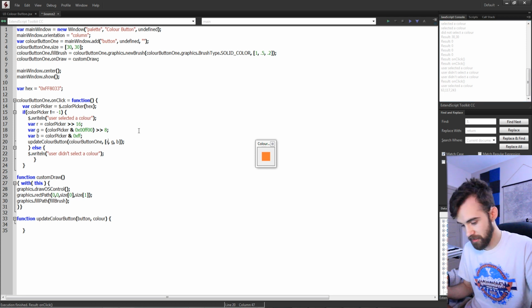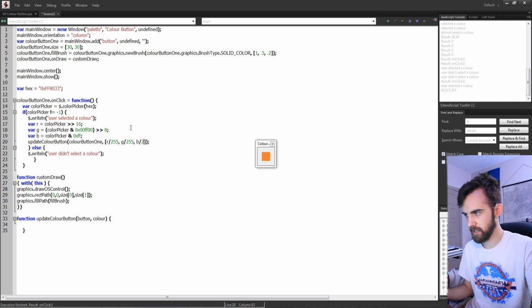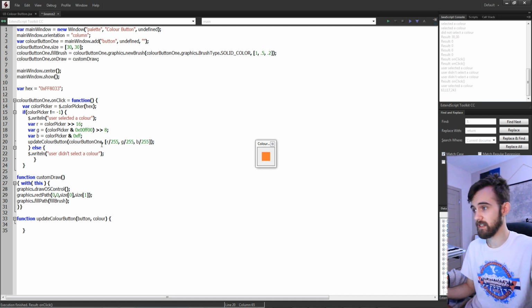So we're going to divide each of these values by 255. You can also multiply them by 0.003, I believe, which is a little bit faster programming wise. But we're just going to say divided by 255 to get the normalized value. And now we need to go ahead and write our update color function to make this color the new color